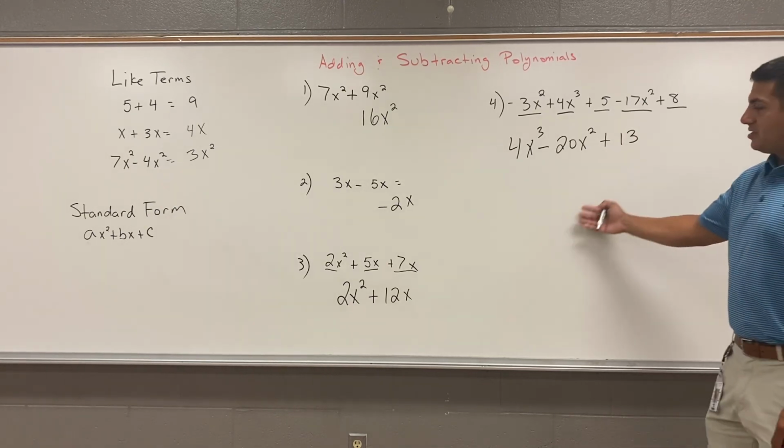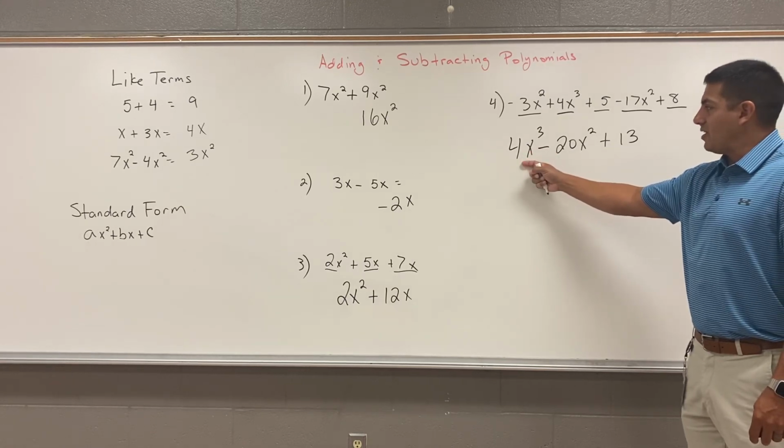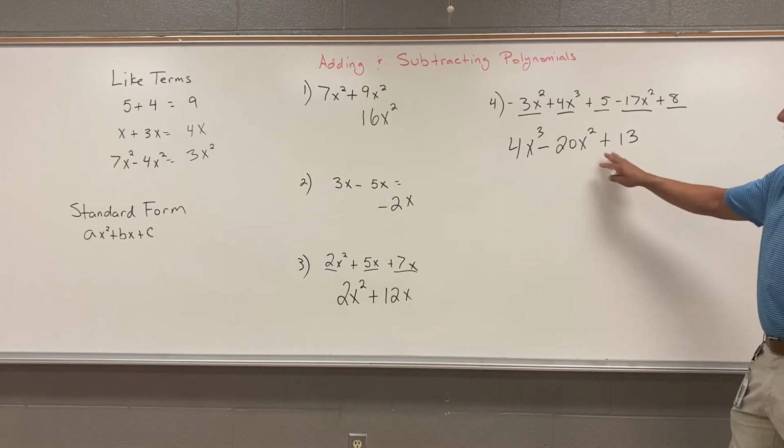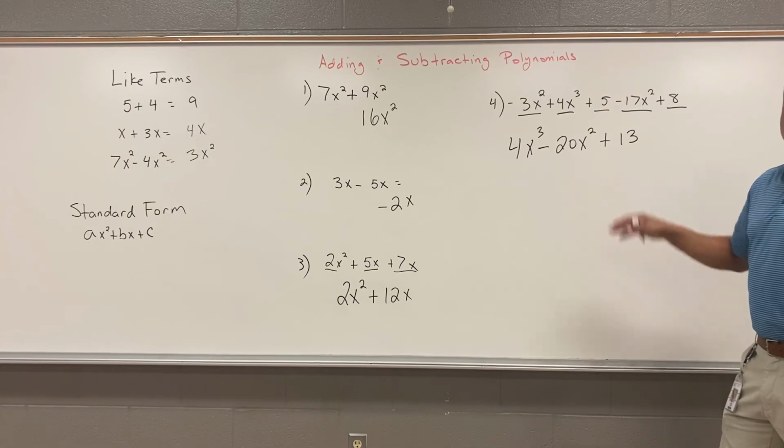Again, we are in standard form because we have the highest power of x, and then we move down with whatever we have. It is totally fine that we do not have an x to the first power here. We are still in standard form as long as we are starting